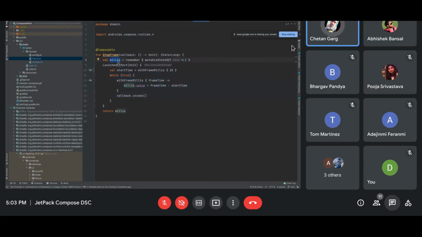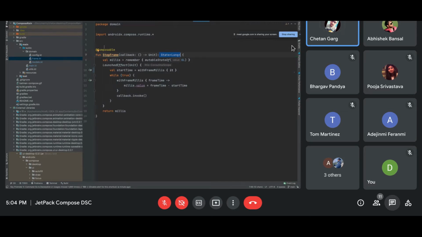I told you how a declarative UI framework works. There is a value, so there is a UI and there is a state. Every time the state updates, a unidirectional event happens and the UI gets re-rendered. Okay, you spit out a new view, right? So with every frame, I am getting a frame change value, the time it has taken to change a frame, and I am updating it into my state. Now whoever observes this state will face a recomposition.